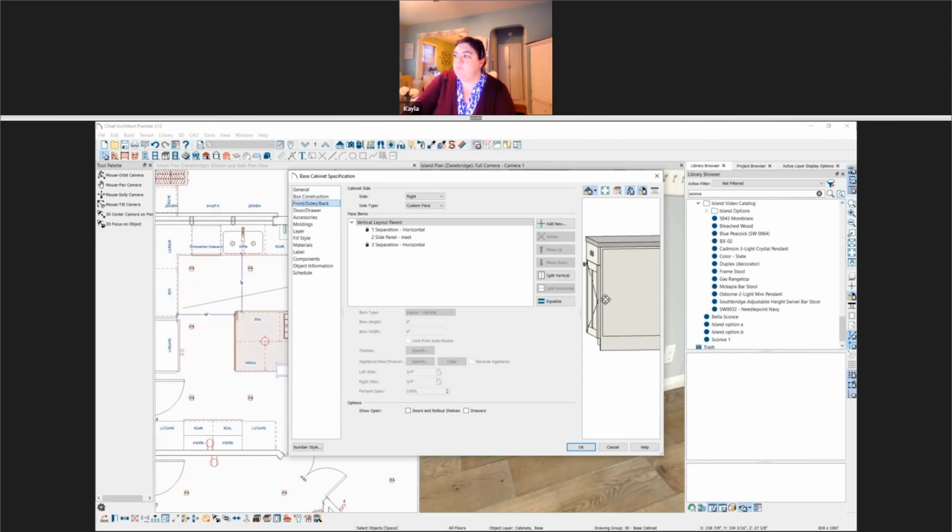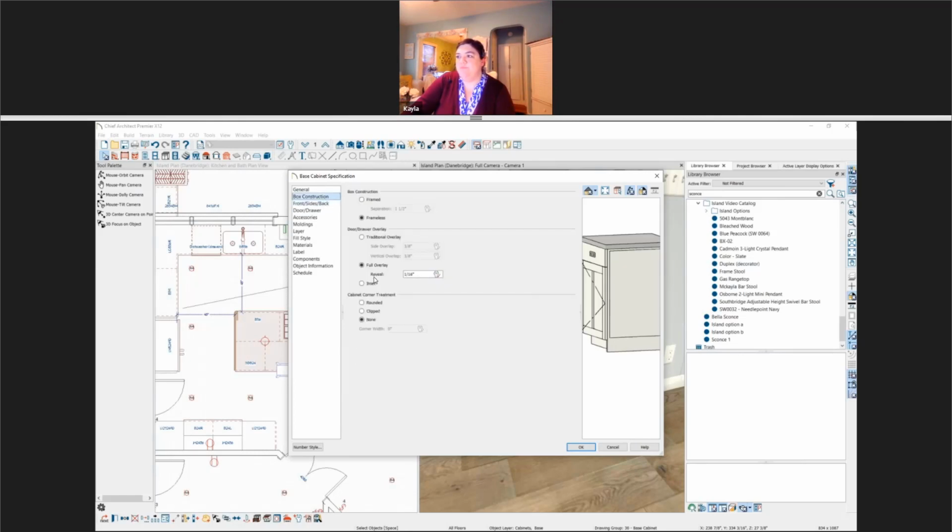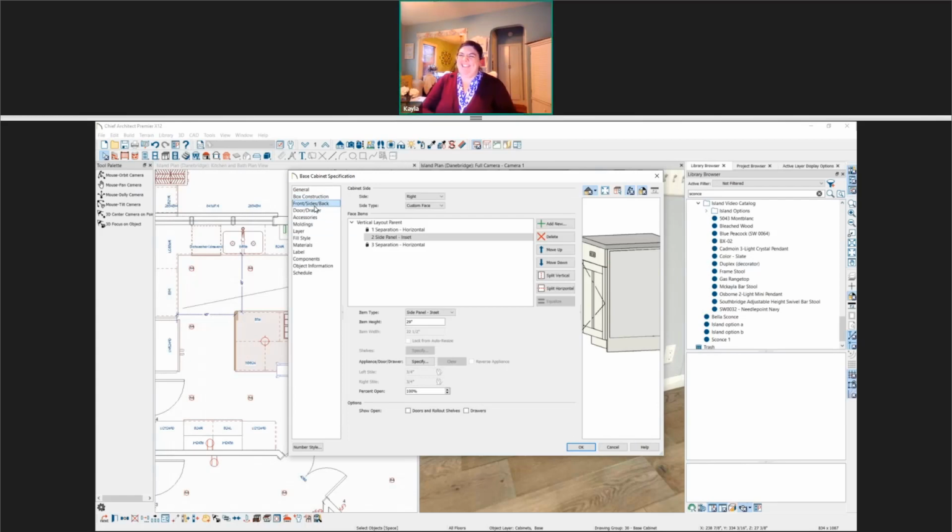Is there a way to eliminate face frame on a side of a cabinet? For example, if you said the right style and left style were 0. Yeah, that was kind of what I was looking for. I don't think that there's a way to do that. Not for one side at a time, it's for the entire box. Oh, okay. Well, that doesn't answer my question, but that was one of my questions.